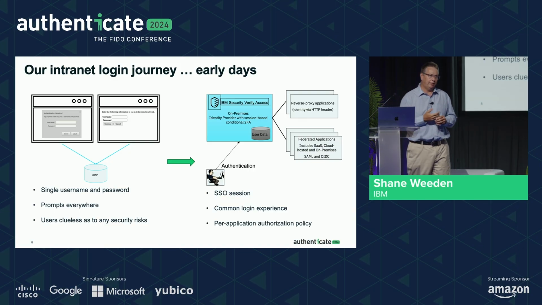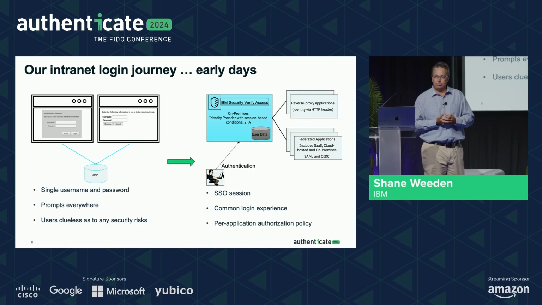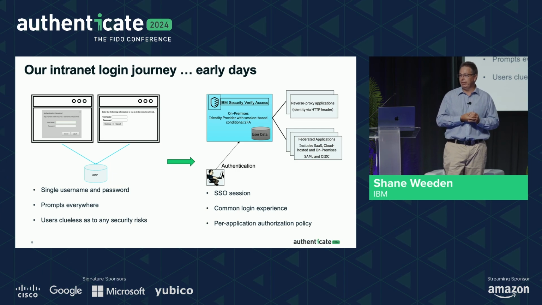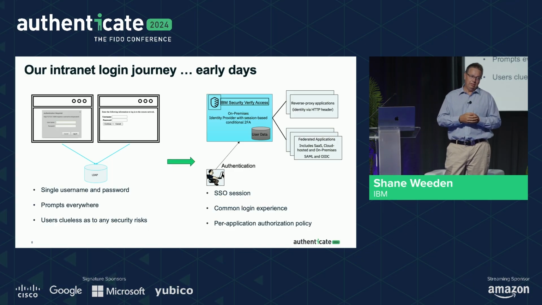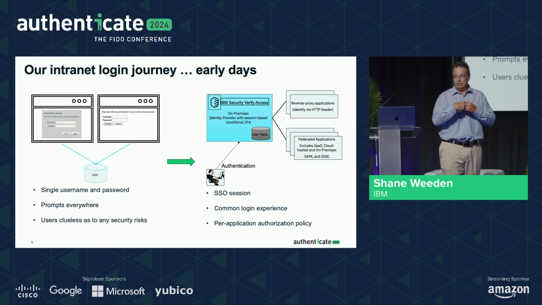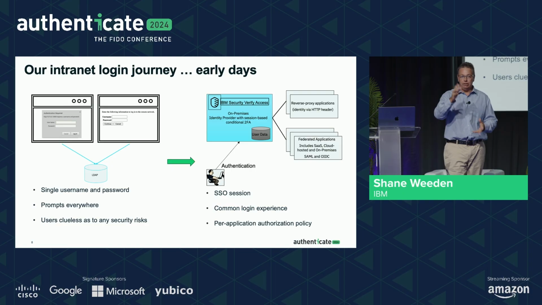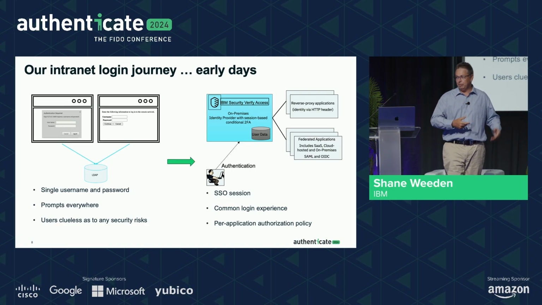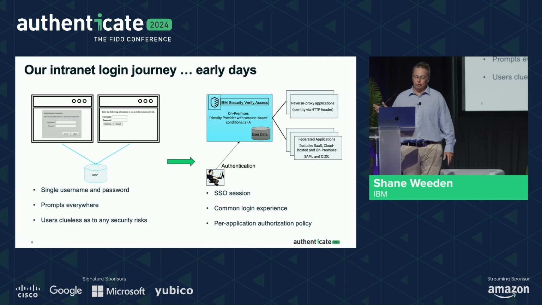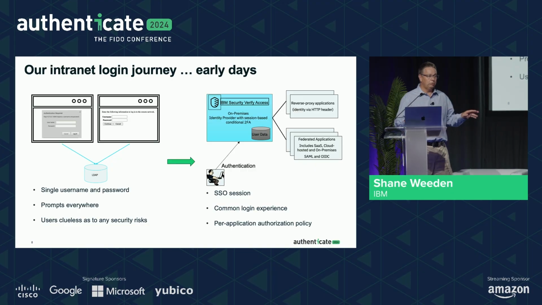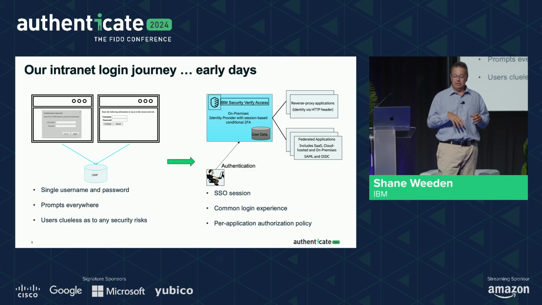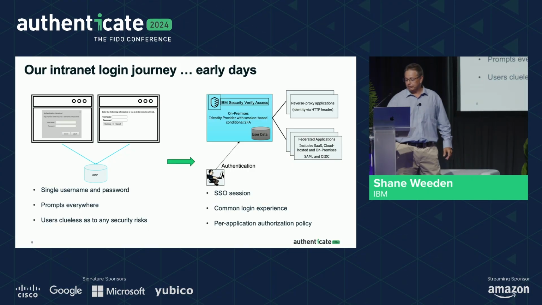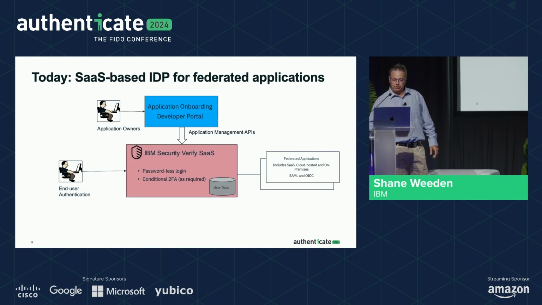Now, the problem we had with that thing was it took about 6 months and $20,000 US to onboard an application into that SSO environment. Because particularly with the reverse proxy technology, you had to make sure your application didn't hoggle the resources of the reverse proxy, hold up all the threads, and then shut down other business critical apps. So there's this huge onboarding process, and it was terrible, and no one would get on board with it because it cost too much. So for those smaller apps, they just went back to the thing on the left, right? Which didn't help us. So we did two things.